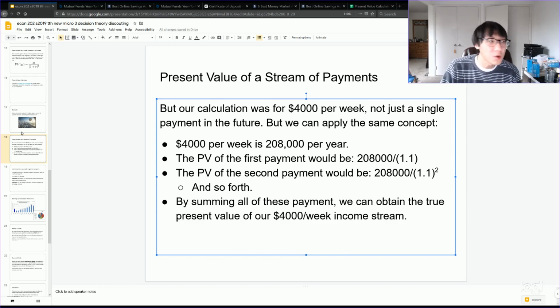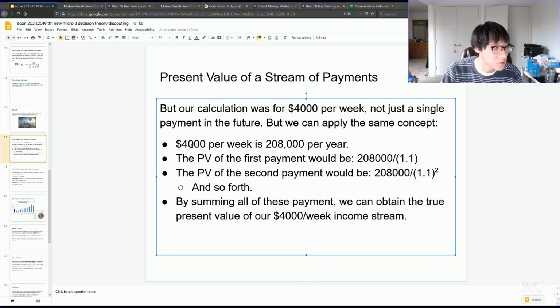Okay. But we can apply the same concept, because the present value of a bunch of different payments at different times in the future is just equal to the present value of each one of those payments individually, all added up. Okay. So let me show you guys this example. So let's suppose, we're still going with this $4,000 a week. So $4,000 a week times 52 weeks ends up being $208,000 per year. And so we basically have to just calculate the present value of